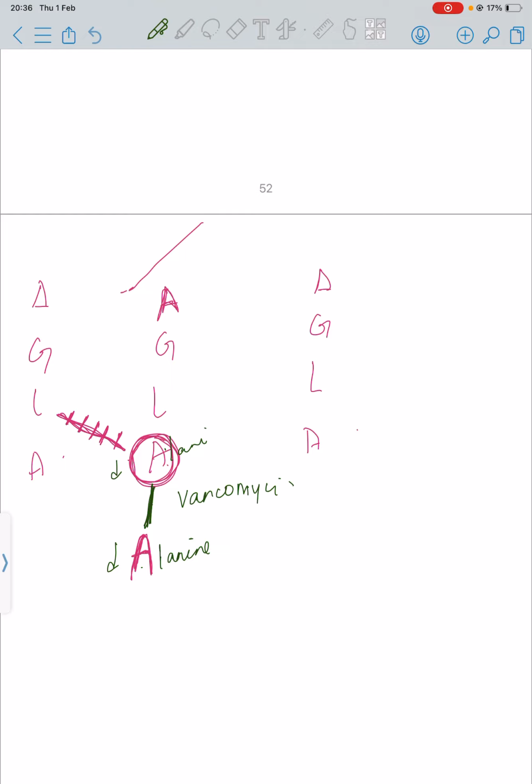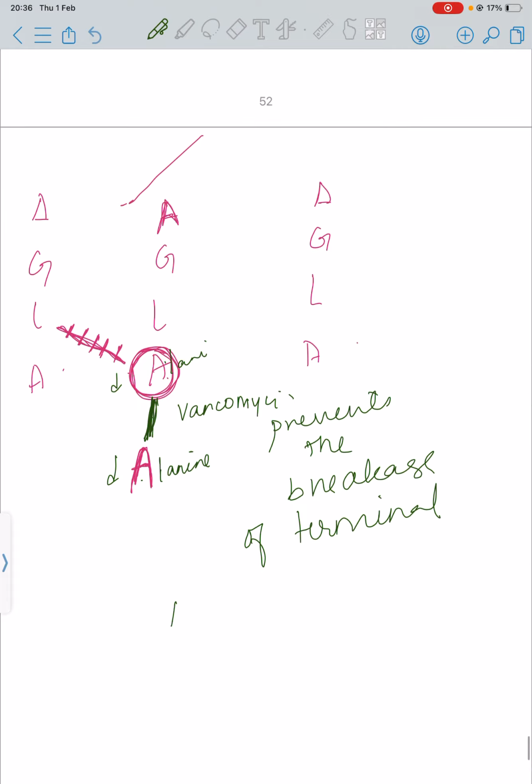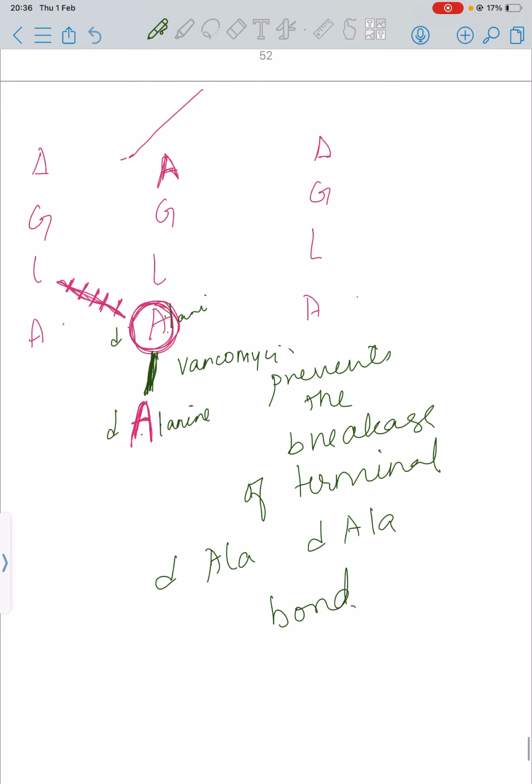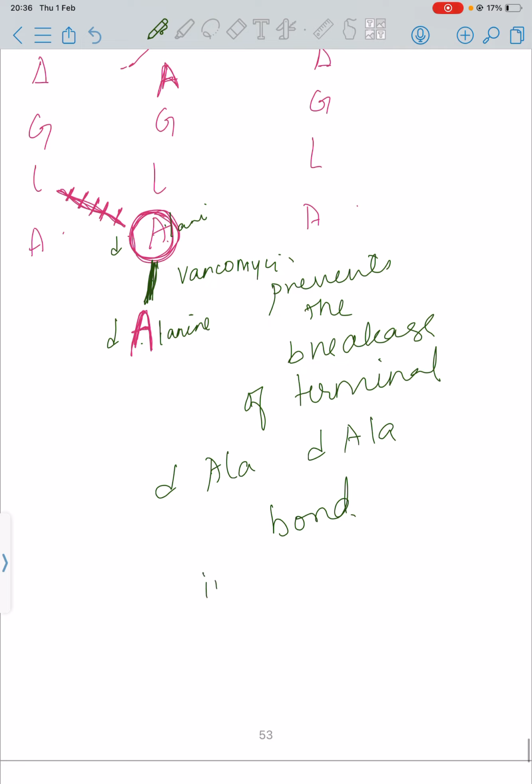Vancomycin prevents the breakage of the terminal D-ala bond in nascent peptidoglycan